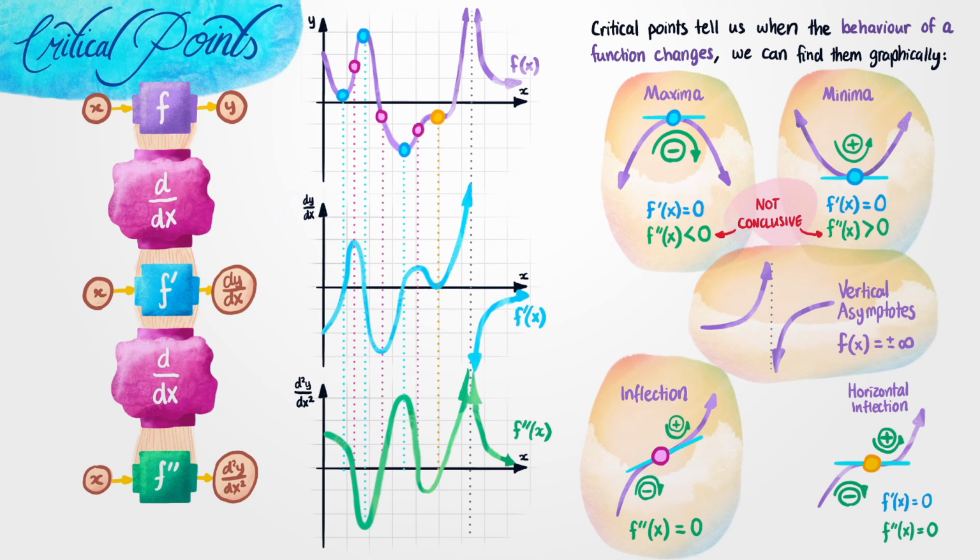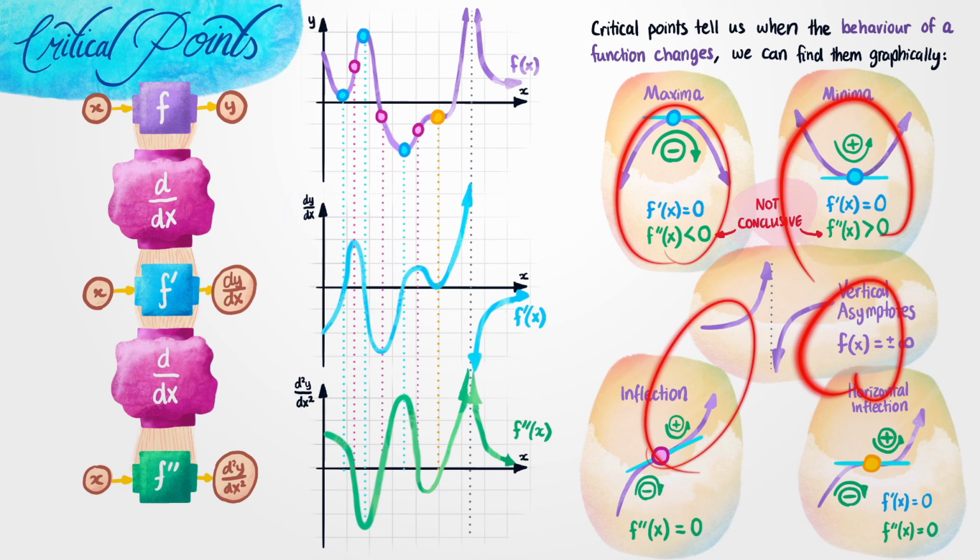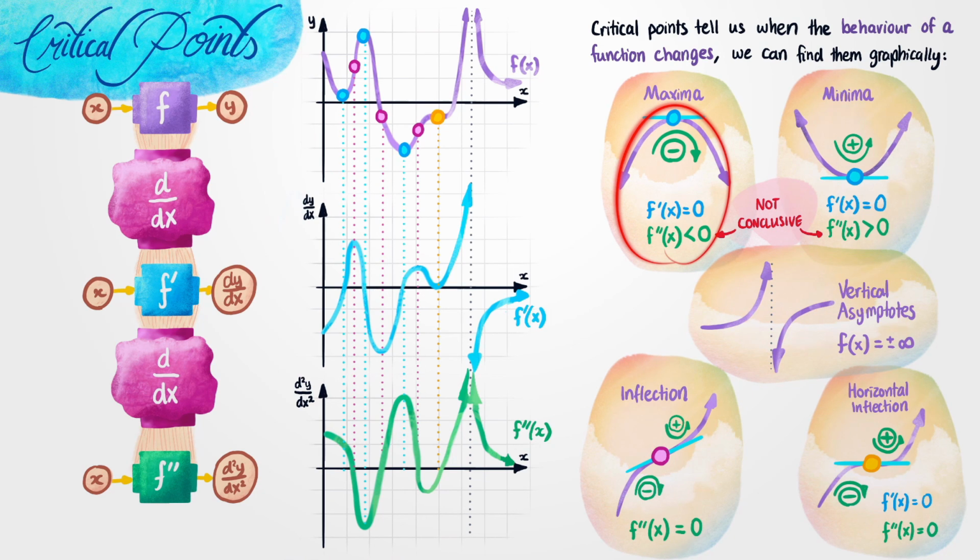Now, we already said that the value of the gradient doesn't actually matter at the inflection point. But if we have this special case where the gradient is 0 at the inflection point, we have a horizontal inflection point. Now, these 5 types of critical points over here are actually really important because they tell you anytime the behavior of your function changes. Now, usually, you are going to be very interested in places where the behavior of your function changes. This is because at those places, your function may be doing something interesting that you might be interested